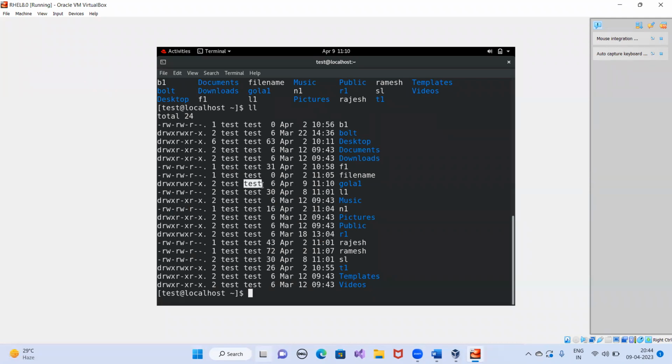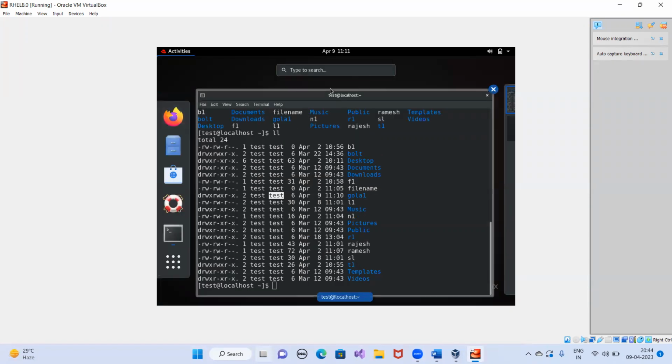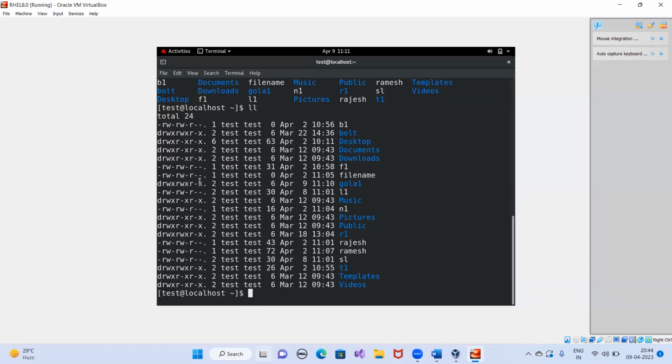If you remember, I told you during the group class that by default there are two groups, primary group and supplementary group. If you create any file and folder with the logged in user account, then that file and folder is going to become the member of the user group, which is called primary group. So if I have created the file and folder with the test user account, then automatically a test group will be created and that user will be the member of the test group.